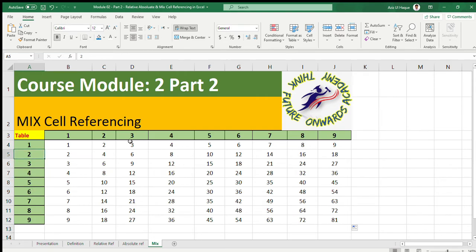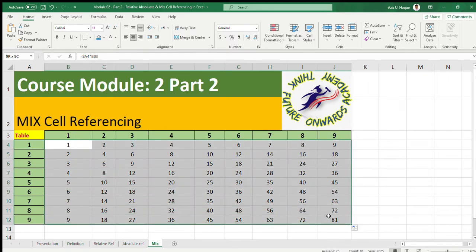See, 2 2s are 4, 2 3s are 6, 2 4s are 8, 2 5s are 10. See here now, 5 5s are 25. How did I make it? It's very easy. There is no need for any confusion. I made it like row multiply by column.